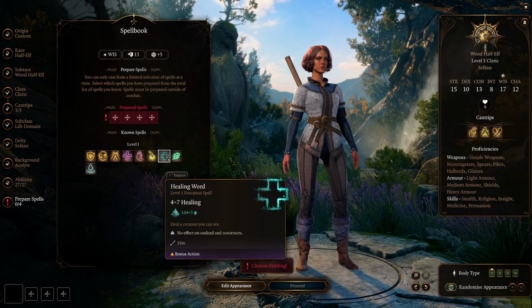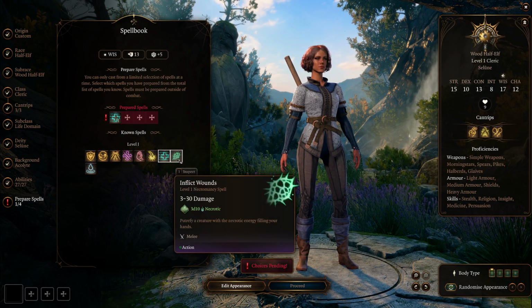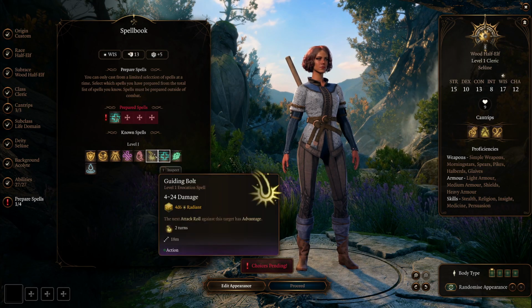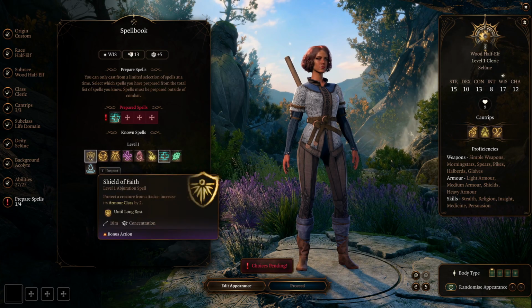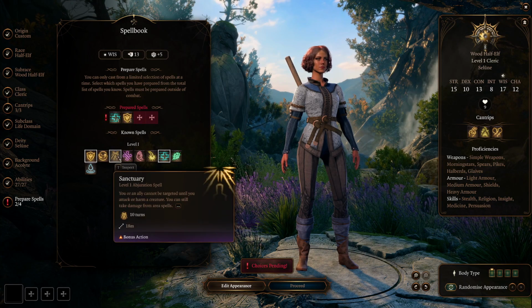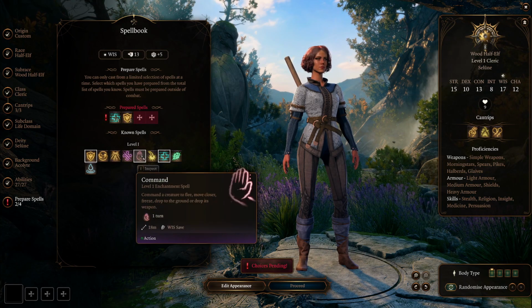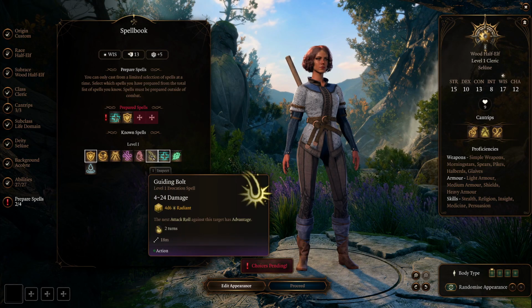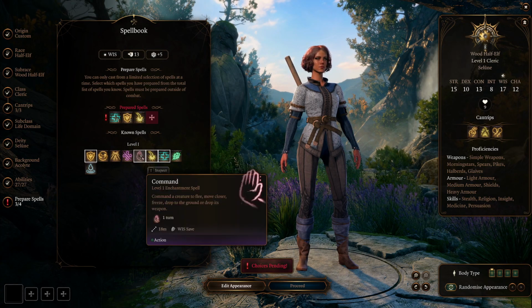So we're going to be getting Healing Word. Get Shield of Faith. We get Guiding Bolt.